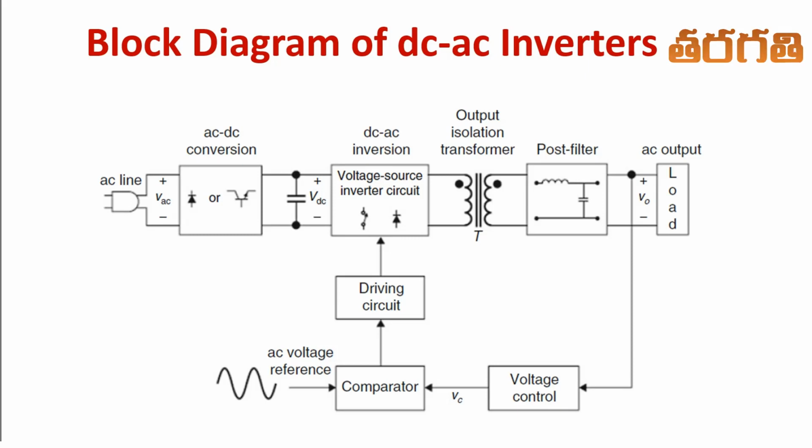That AC can be converted into DC with the help of an AC to DC converter, with the help of a controlled rectifier or uncontrolled rectifier. By using diodes or by using thyristors, it is possible to obtain AC to DC conversion. After the AC to DC conversion, the ripple that was present in the output voltage of the rectifier circuit can be eliminated with the help of,